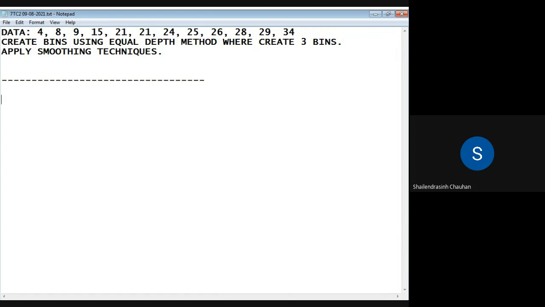The first step is always sorting. Step 2 will always be creating bins.